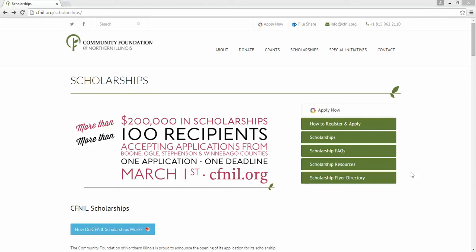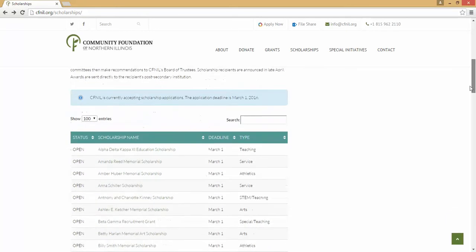Applying for a scholarship through the Community Foundation of Northern Illinois is simple because one application matches you with all of the scholarships you're eligible for. We have over 80 different scholarships available this year. You can see all of them listed at